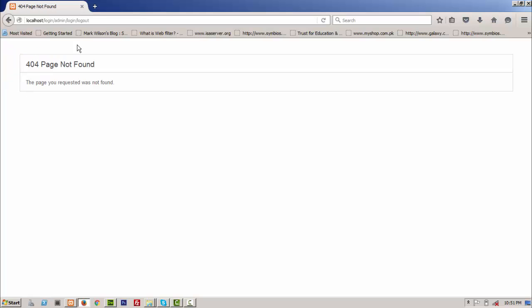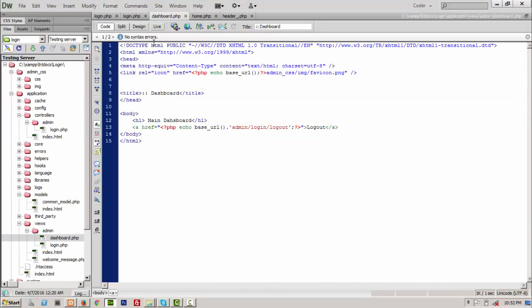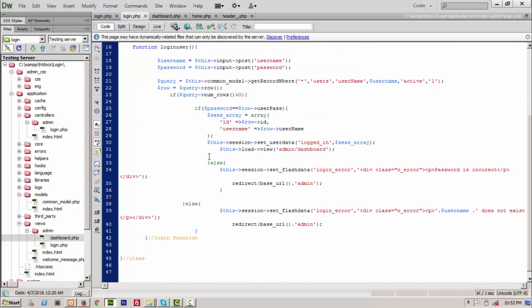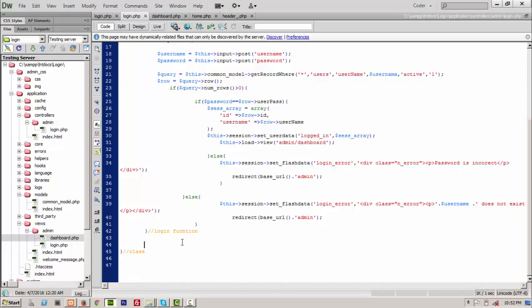When we click it, it goes to a login controller, and under that there is a logout method, but we have not created a logout method yet, so it shows 404 page not found. We come back to your Dreamweaver and go to your controller class. Here we are in our controller class. Now we will create a function